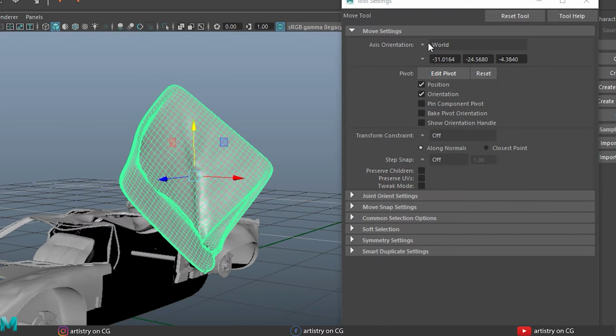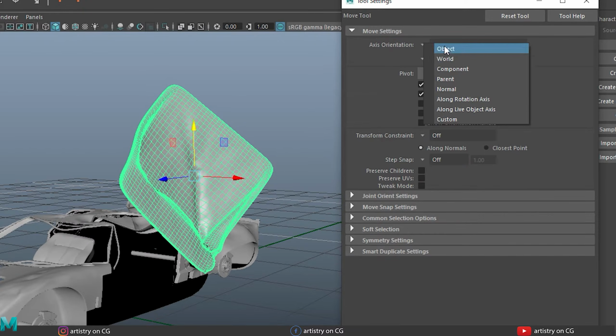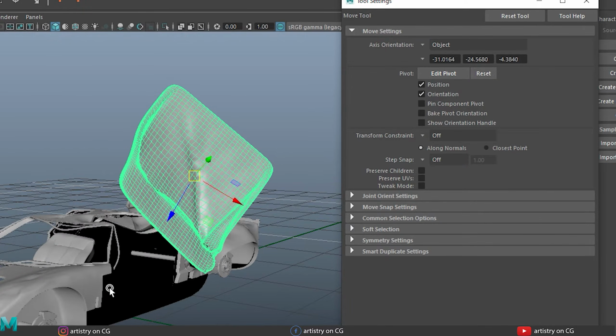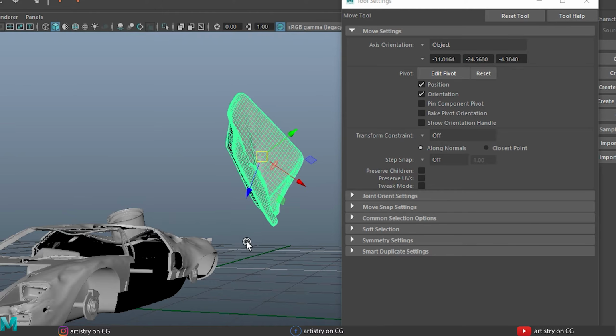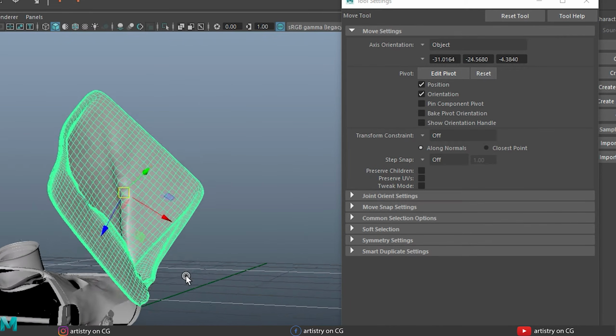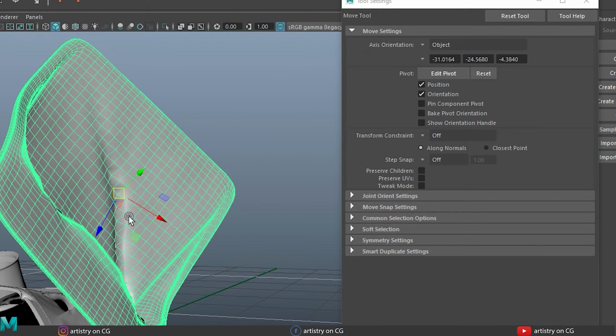So it doesn't matter which object or how it is placed, the world axis orientation is with X, Y, Z in world orientation. If I set this axis orientation to object, like this, then it follows the object's local axis, and the object's x-axis is right here, and y and z.